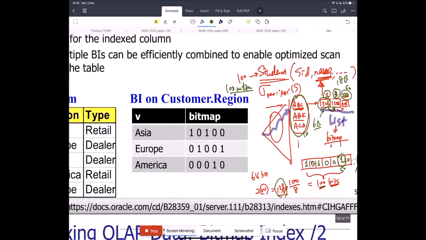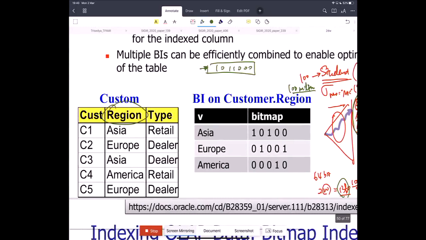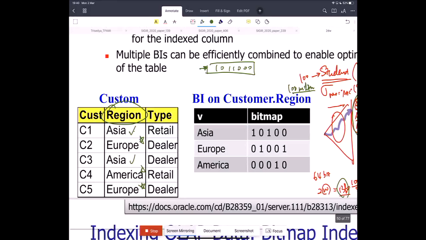The other reason is that whenever you have a bitmap, for example 1 0 1 1 0 0 0, you can build a bitmap on one dimension. For example, you build a bitmap on region. So for each distinct value, for example, Asia, Europe, and America, there are only 3 distinct values. Again, this is a small example, but you can imagine that the region is at most no more than 10, right? So no matter how many hundreds of millions of tuples there are in the fact table,